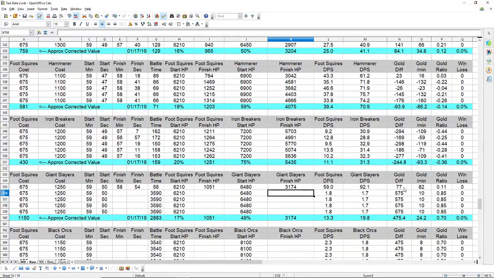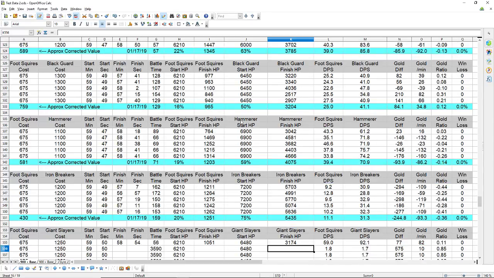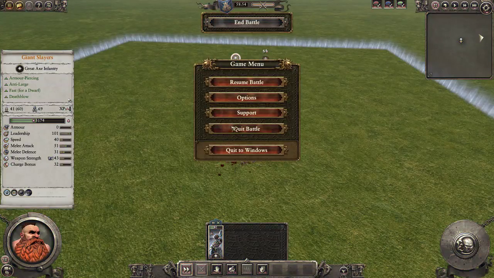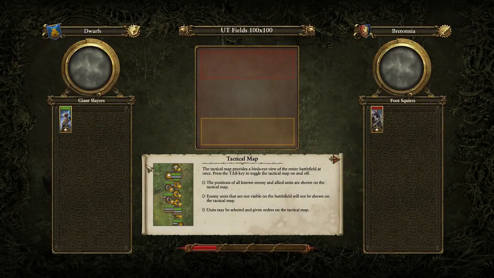Yeah, pulled 77 gold. That's not too bad. The Slayers didn't do that bad. 77 gold. They might do better than the Blackguard of Naggarond. It's possible. So that's all right, I guess. We'll keep that fight going and see exactly how it goes. I'm surprised the Slayers did that good